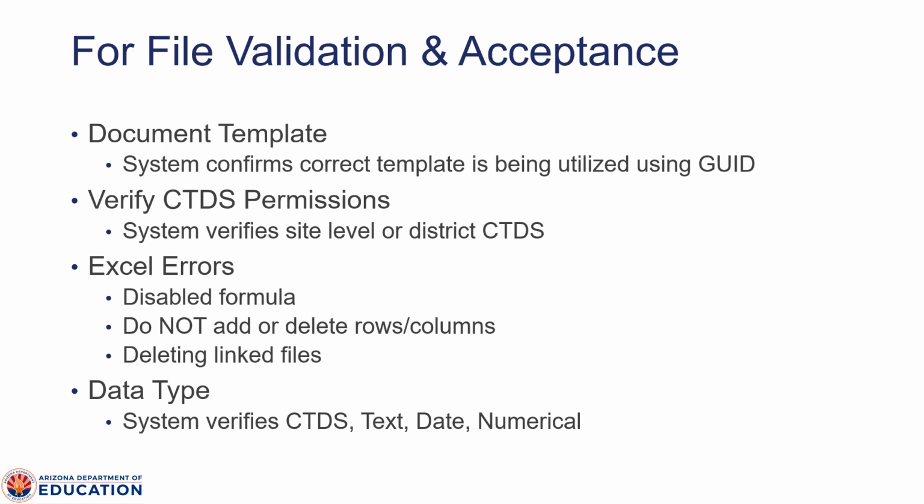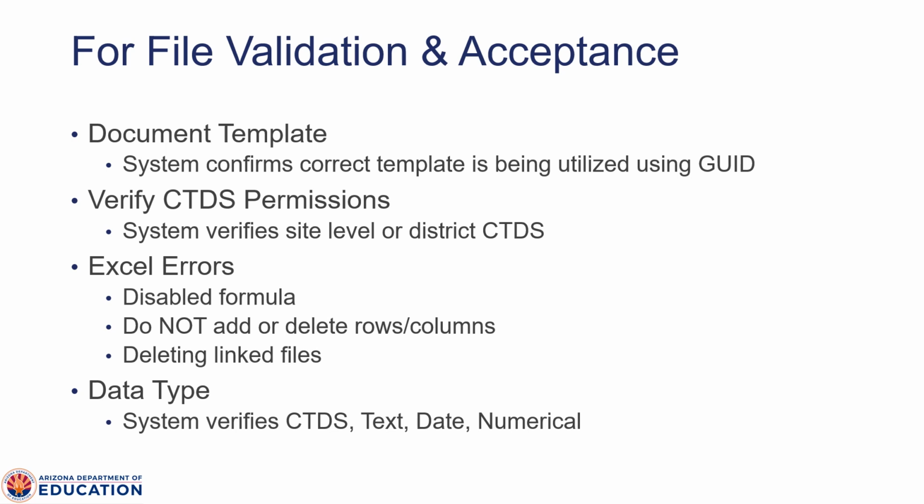The next validation is Excel errors. This is a new feature, and in summary, you will not want to disable any formulas, add or delete any rows or columns, and when you download the file folders from the Auditor General's office, you will not want to delete any unused files in that folder. By deleting these files, you could create a reference error that could cause an issue with the next validation type,